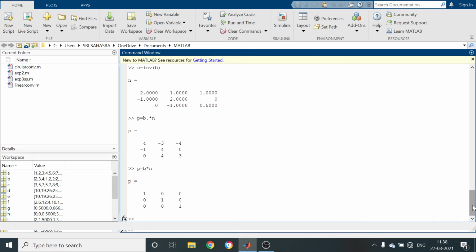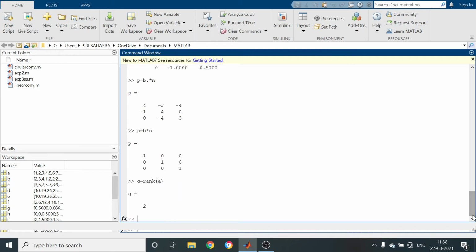By using these commands, you can calculate the submatrix, and you can give the row matrix. Here I am going to write Q equal to zeros. Next, I have to calculate the rank of A. So this is the rank of A. The rank of the A matrix is 2. R equal to rank of B, so it is 3.